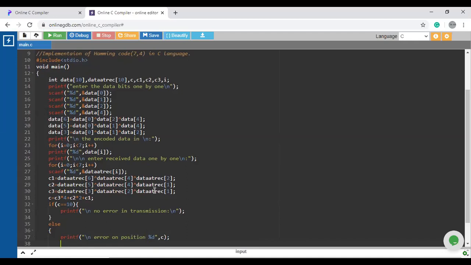Now we will make some comparison between the data sent and the data received. For this, we will use two for loops.